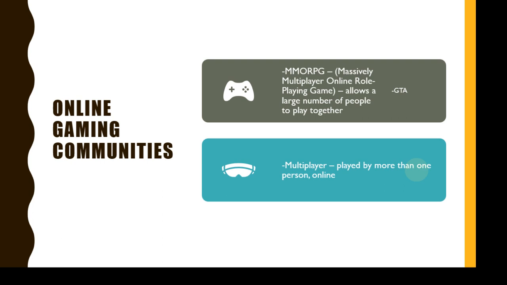When it comes to gaming, these games are hosted on servers, and you connect to them. You might have a client-side version of the game, and you connect through the server. The server enables other gamers to be in a community, and then you start playing your game. There are different genres of games. One of the most popular is the massively multiplayer online role-playing game, RPG for role-playing game. So there are different other types as well.